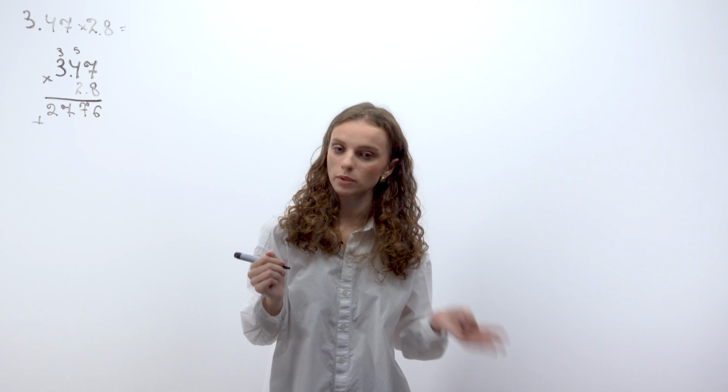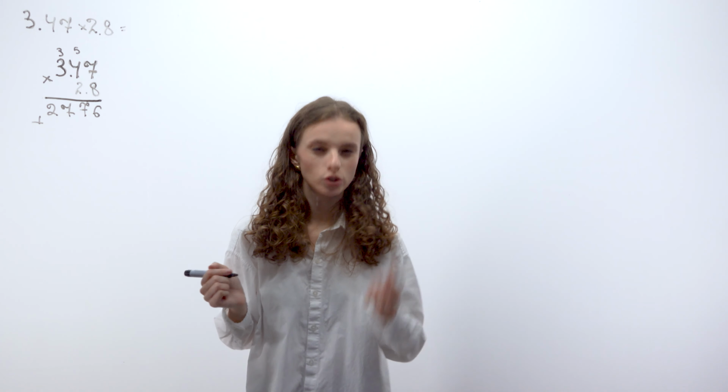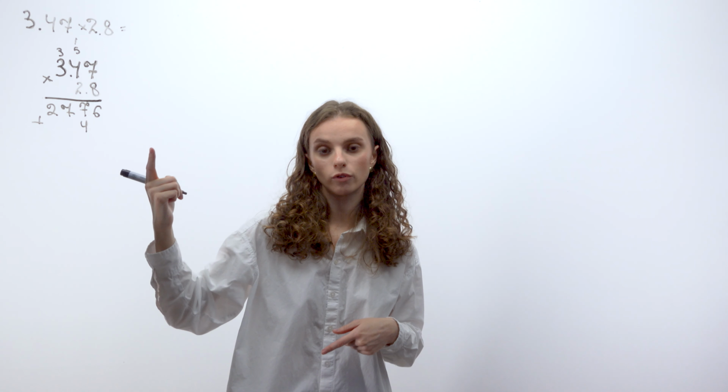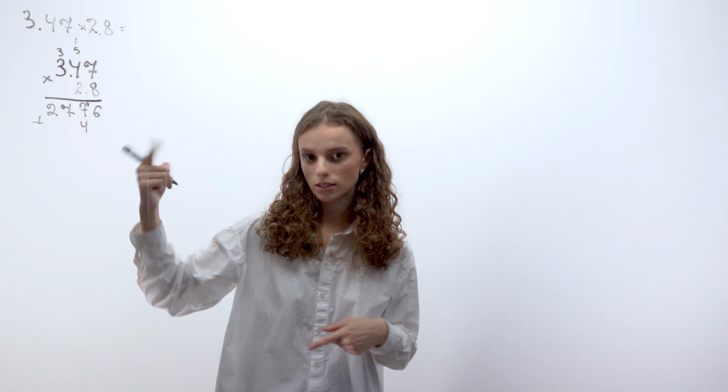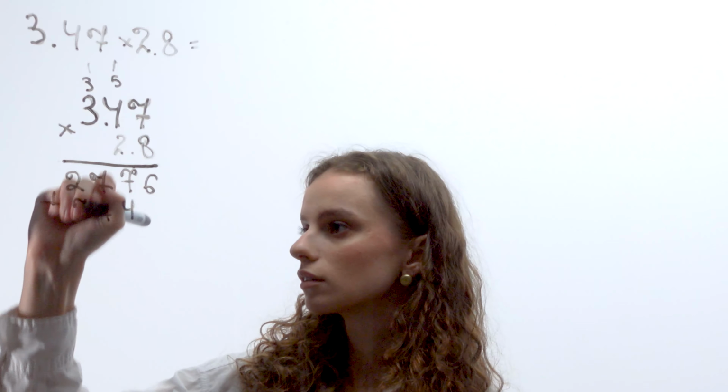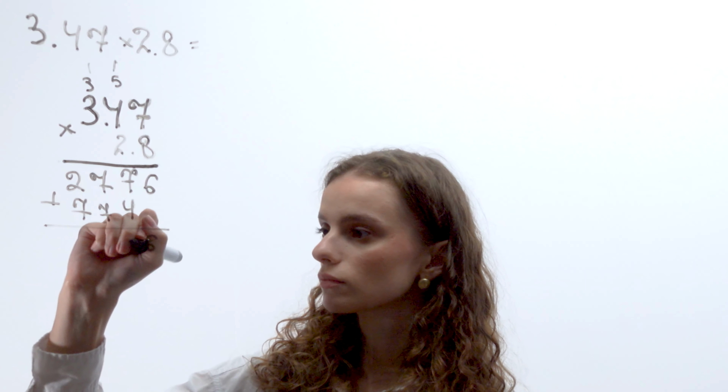Now let's multiply by 2. 2 times 7 is 14. We're going to write down 4 and put 1. 2 times 4 is 8, and 8 plus 1 is 9... 2 times 3 is 6, and 6 plus 1 is 7. And we get